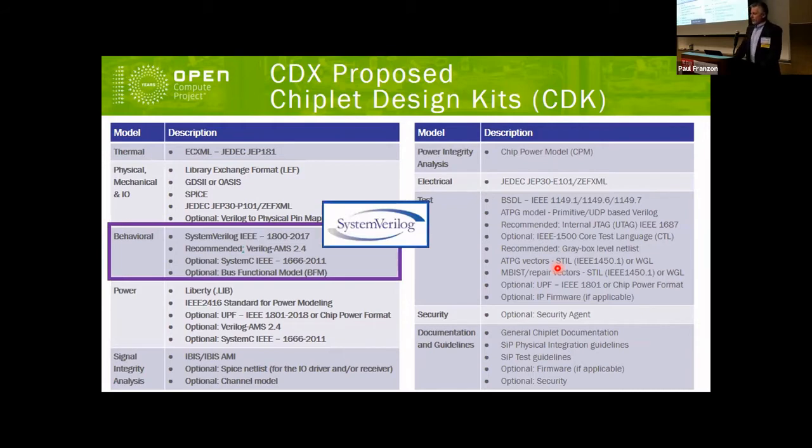So next category is modeling. So a SystemVerilog model, a functional model, is recommended to define the functional behavior of a chiplet. These models are used to perform a system or SiP level functional simulation of the device. So Verilog-AMS may be suitable for more analog type chiplets. And then SystemC or Verilog-AMS models may also be provided, and they can be used for doing high level architectural exploration or system level analysis.